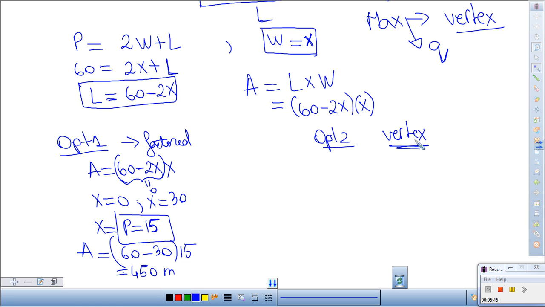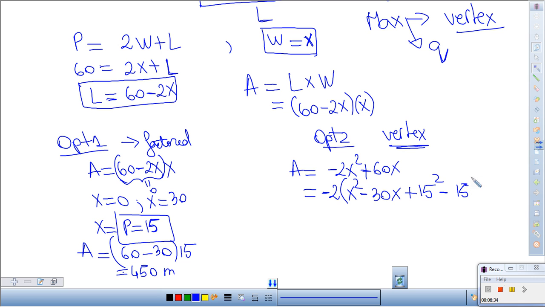Now, option 2 is rearranging your relationship in vertex form. So in option 2, I am going to expand and simplify my expression, so it becomes negative 2x squared plus 60x. And I am going to complete the square. First, I will factor negative 2 out, and I'm left with x squared minus 30x. Now, inside the bracket, I have to add and subtract half of 30 squared, which is plus 15 squared minus 15 squared,